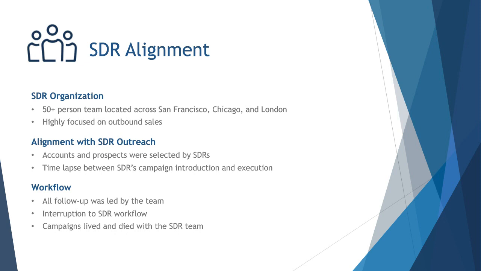So there was a huge chasm between our marketing organization and our sales organization, because they had the mentality that sales was working on one set of accounts, one set of target personas, and marketing was working on the other. So there was really a lack of alignment right there. This also had a huge effect in how we were working with the SDRs on follow-up.